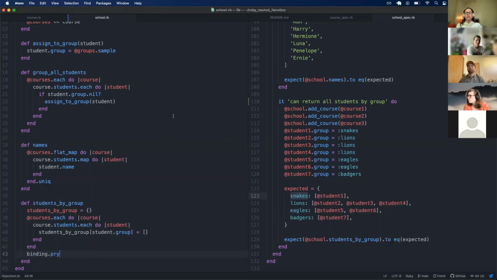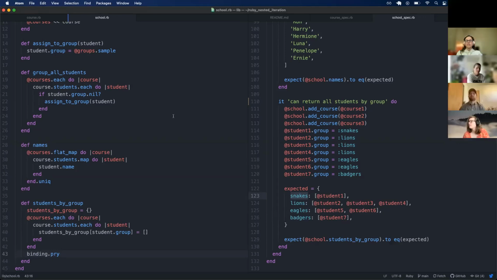Questions so far? Yeah, Caitlin. Why did you set the student.group to an array again? Yeah, so I set it to this array just because